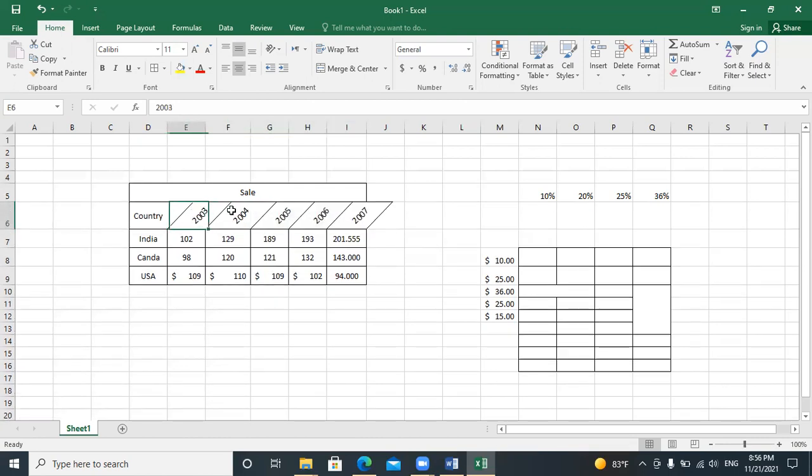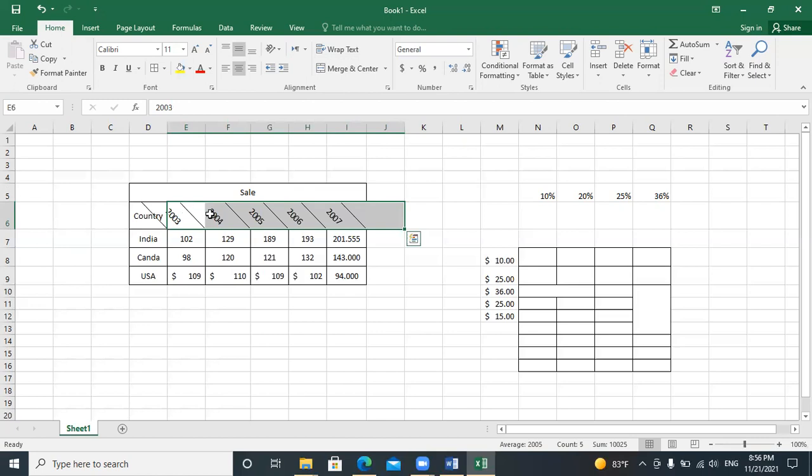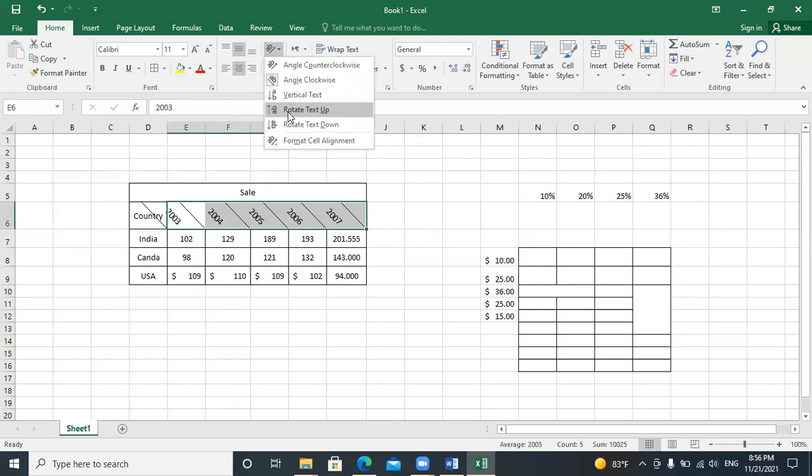This is one option. We have other options also. This is angle clockwise that we need. And again, if I select this one, this is vertical text, that means it will start from up to down, and this one it will start from down to up, and this one it will rotate the text down.